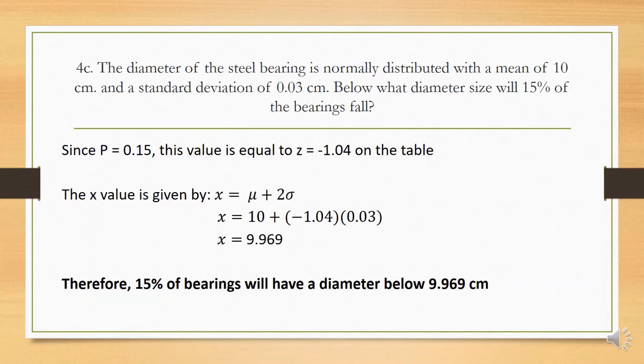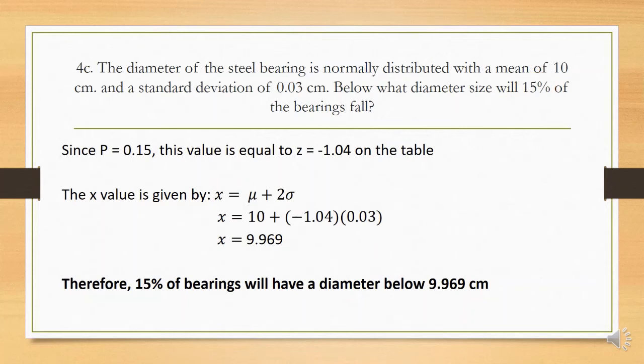Then, the last one is a different question, no? The diameter of the steel bearing with the mean 10 centimeters and a standard deviation of 0.03, tinatanong sa atin, what diameter size will 15% of the bearings fall? Yung diameter, anong diameter ng mga bearing na yon na nagko-comprise ng 15% ng kabuuan. Okay? Ang given ngayon natin is the probability, which is 0.15. And then, dun sa ating table,